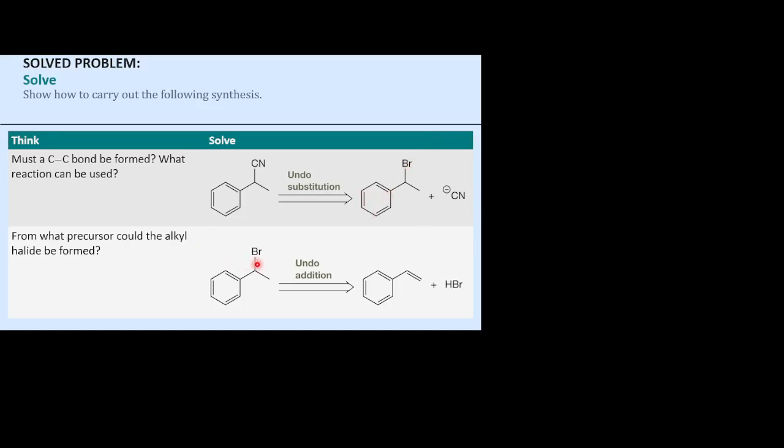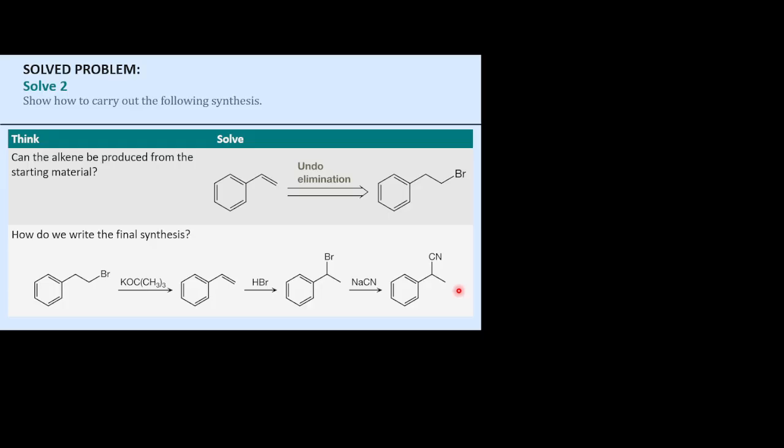Okay, and so we have the bromide species. How can we get into the next thing? What would be a good way to generate it? Well, we know that we have elimination reactions, right? Elimination reactions would be the next nice step. So we can do an undo addition. So we're going to use eliminations and additions to go back and forth for these next steps. And so this is going to be an undo addition this time, meaning that we had done addition, right? And that will give us the double bond here. And we use HBr there, which is quite nice because it's related to what we've been talking about.